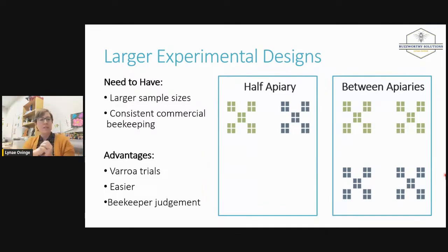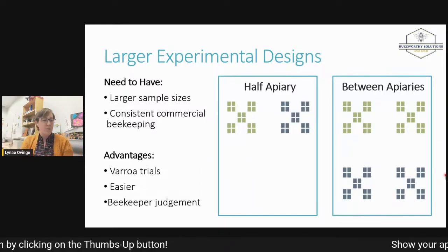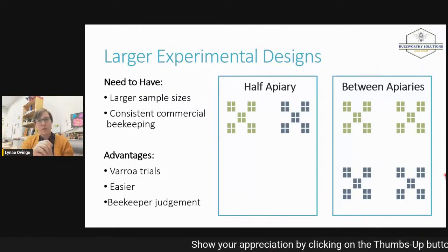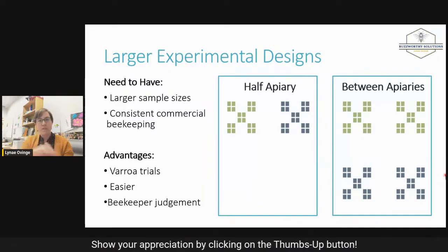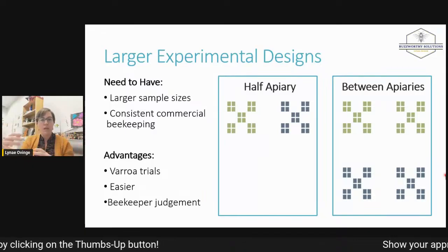What I mean by that is, when I did commercial beekeeping, I went to 8 yards a day. We did the exact same thing to all 8 of those yards, and there were 4 other crews doing the exact same thing. If that's the way your operation runs, these designs will work well for you. But if you're moving all your favorite hives to the left sides of your yards, or you're trying to compare a yard of nukes with a yard of doubles, those are things to look out for. We need consistent commercial beekeeping where everything's done the same so that we can compare whole apiaries.